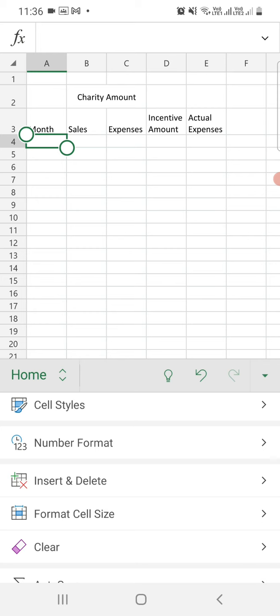I have already told you that types of cell references are of 3 types. First one is relative reference, second one is absolute reference, and third one is mixed reference.